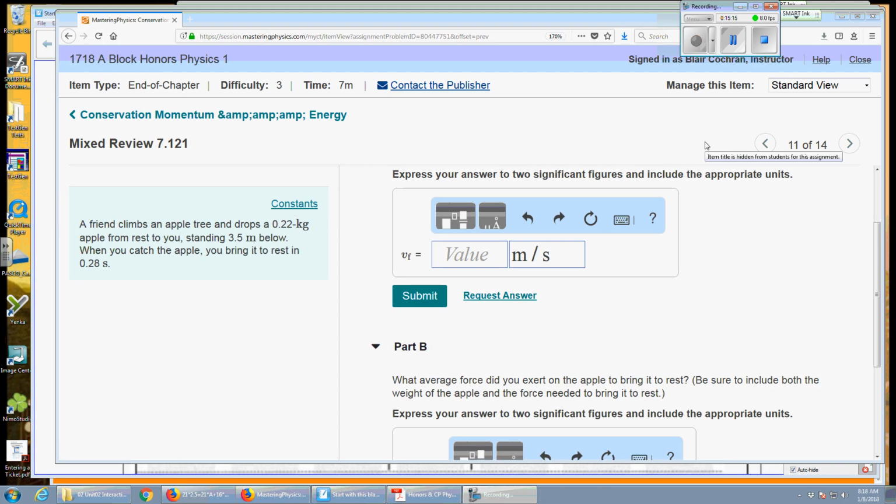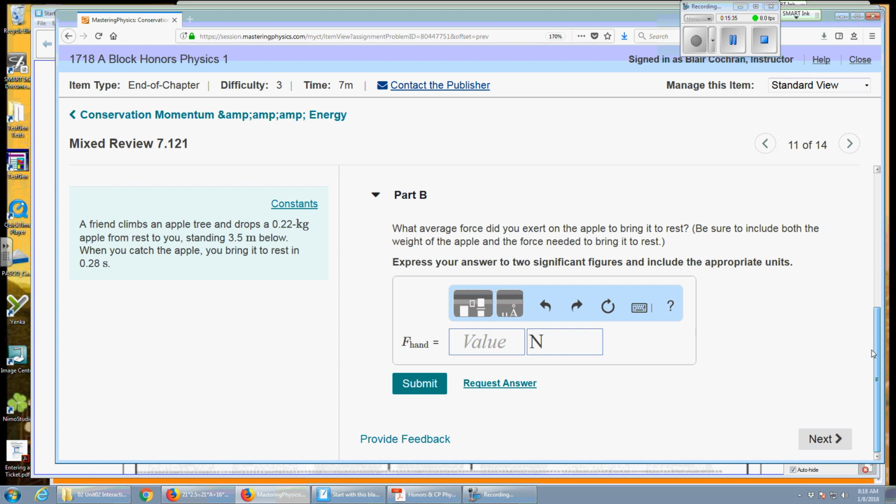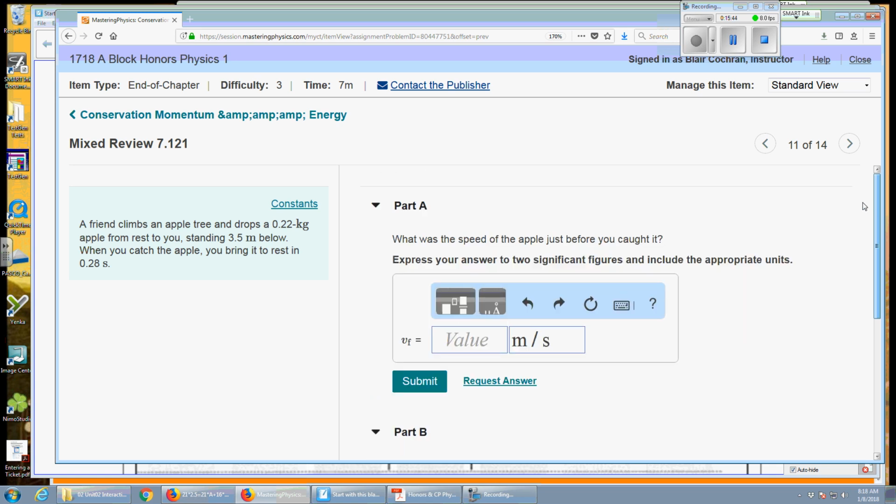Alright, a friend climbs an apple tree and drops an apple from rest to you, standing 3.5 meters below. When you catch the apple, you bring it to rest in this amount of time. And they want to know, what is the speed of the apple just before you caught it? What average force did you exert on the apple to bring it to rest? So this is actually kind of both, really, because part A is very straightforward to do with energy,